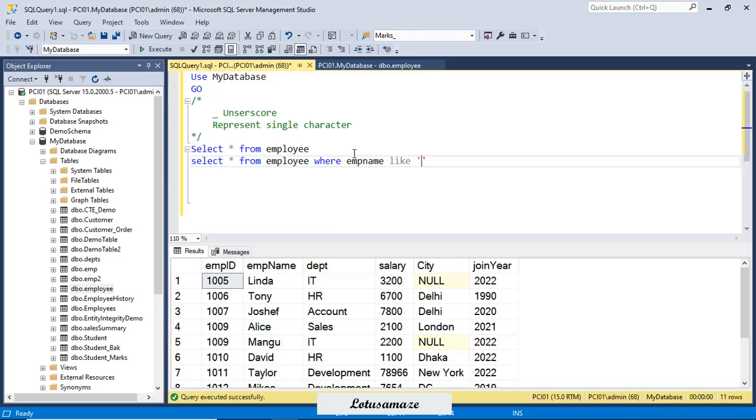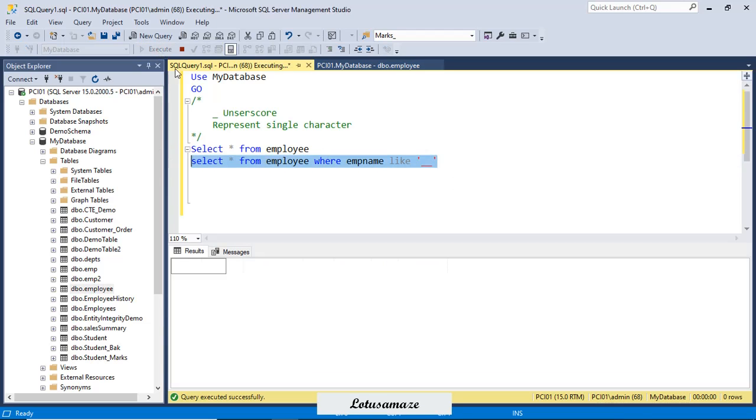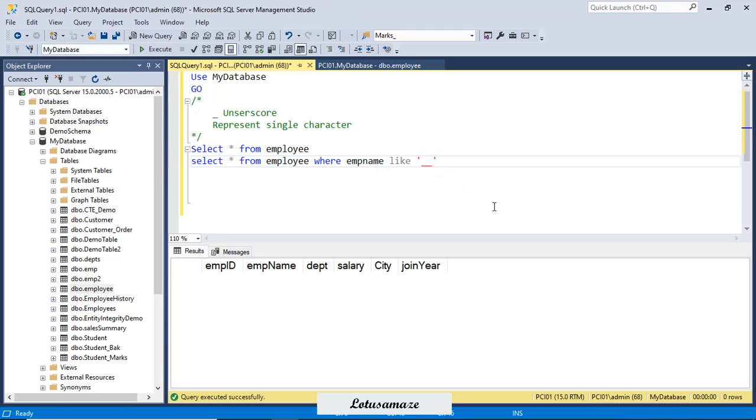Now a single underscore represents a single character. So it means I am searching for an employee name whose length is only 1 character. If I try this query, I get nothing. I add one more underscore, again nothing, add one more underscore, now 3 underscores, 3 characters.